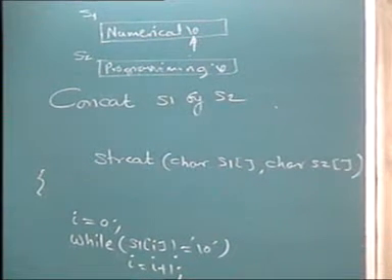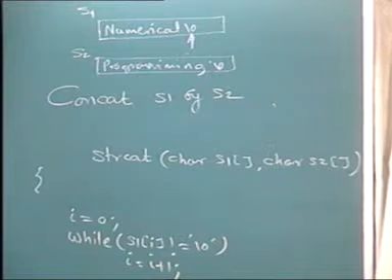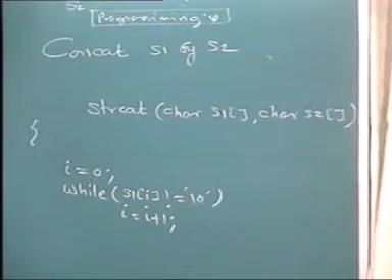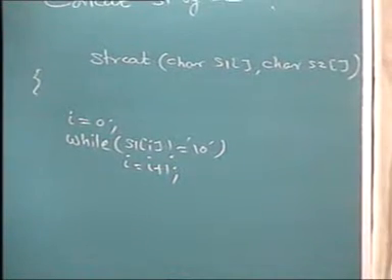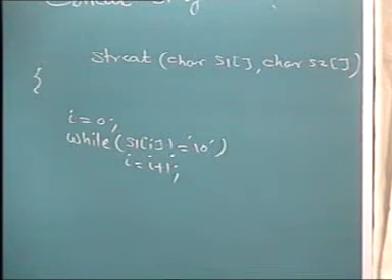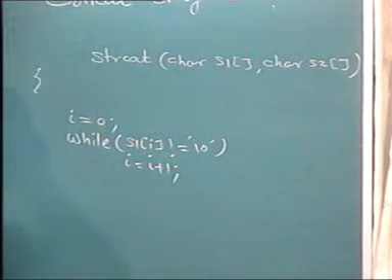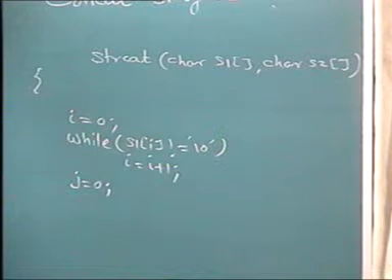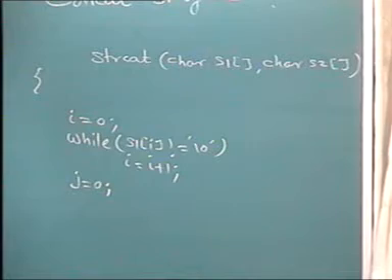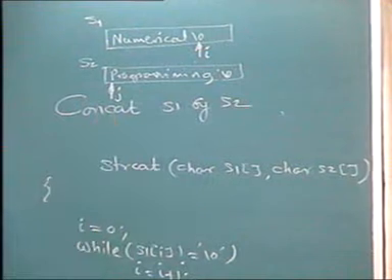You will have to replace this \0 by the first character of the second string, because otherwise after that \0 if you write, it will never get accessed, because you will always be going up to the \0. Okay, so you will have to first of all replace that \0, but with which character? The 0th character from s2. So I will require one more index. Now it won't be the same position. s1 and s2 will carry different positions. So i has already reached position \0, whereas j I am starting from position 0 in s2.